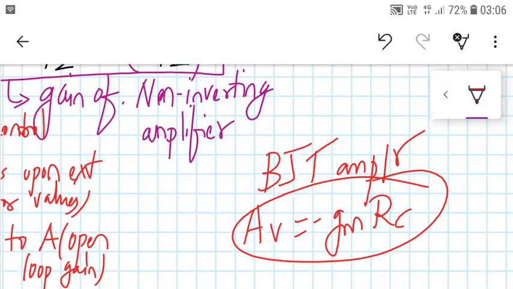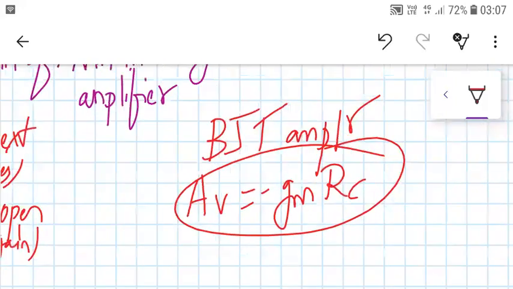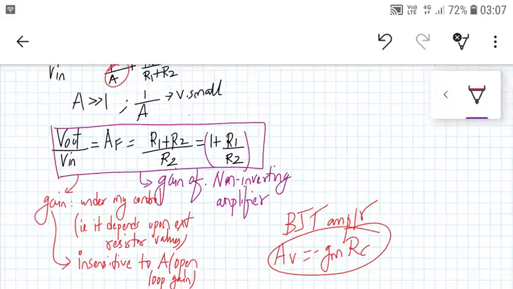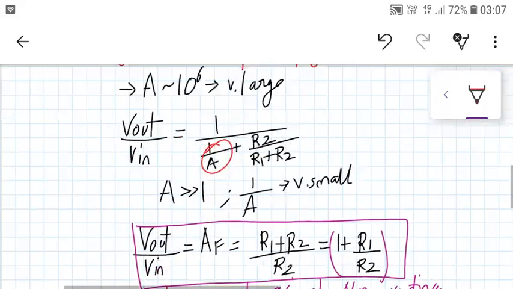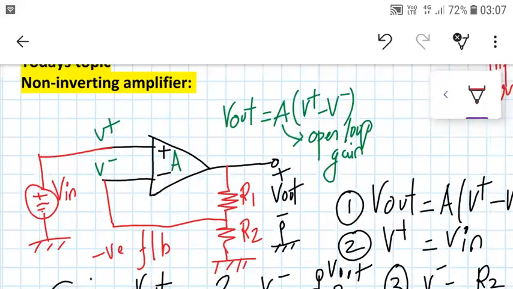Also, in designing a single stage BJT amplifier, we have to worry about biasing. We have to worry about all the values of capacitors and everything. So many things we require. Basically, a BJT amplifier will require 4 resistors, 3 capacitors, and we have to worry about the design. All this headache is completely reduced in a non-inverting amplifier using an op-amp.